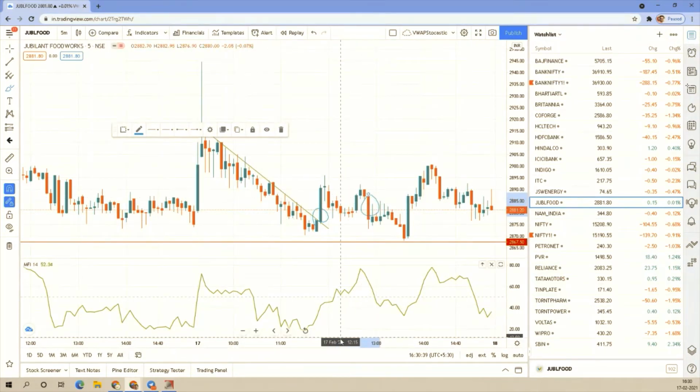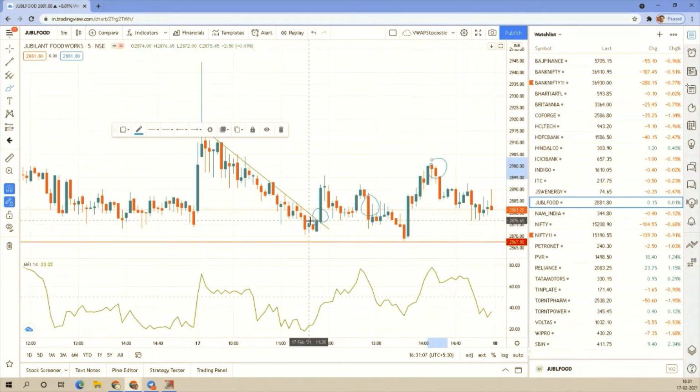If not, because you anyway have a stop loss here, make sure that you have a stop loss here. Just carefully observe the money flow index, that it doesn't get lower than this. So instead of putting a stop loss, you can even watch this money flow index. Again, it takes a U-turn here and then went up again here. So it's a double top kind of thing. Once you have a double top, maybe you can book your profits here.